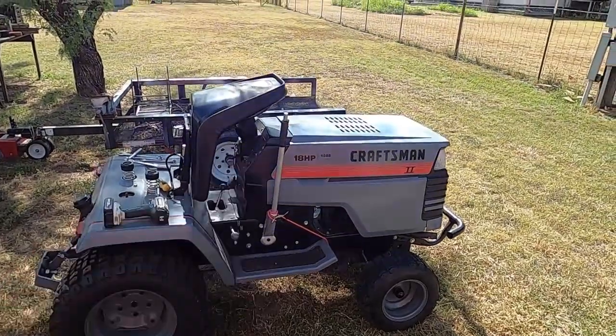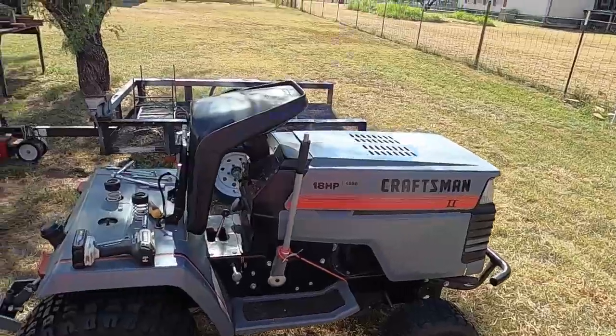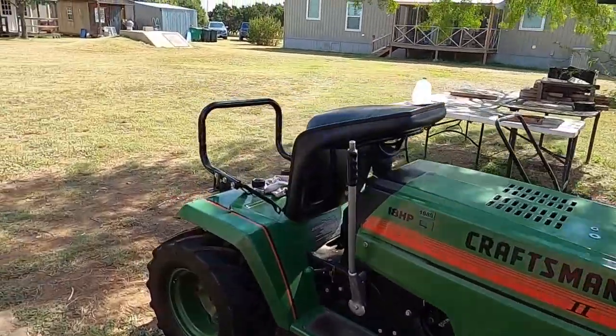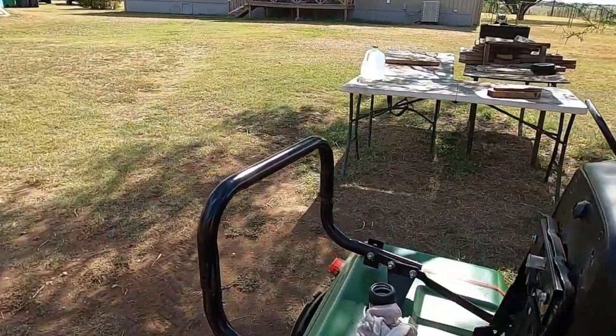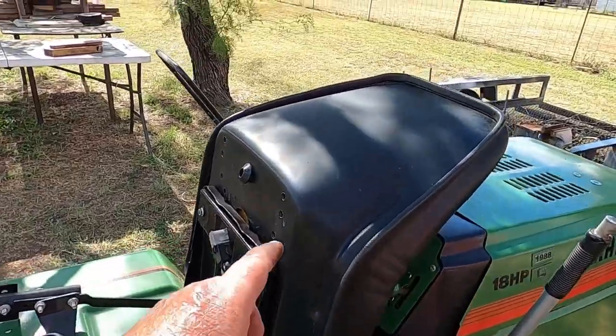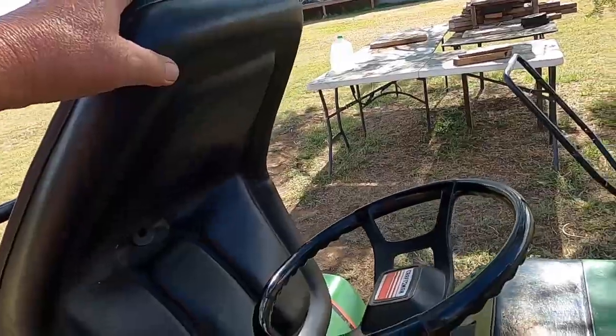Well, I think I found a buyer for Brother of Hulk. Yeah, I got to do a seat swap. Reason being, he doesn't want the canopy, so I'm going to move the canopy bracket over to Hulk, and we're going to swap seats because this one is in really good shape,